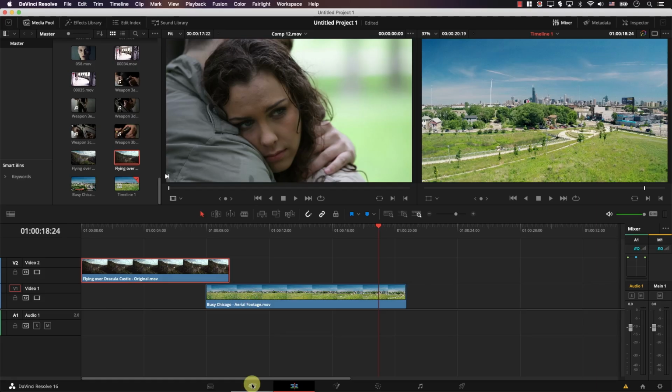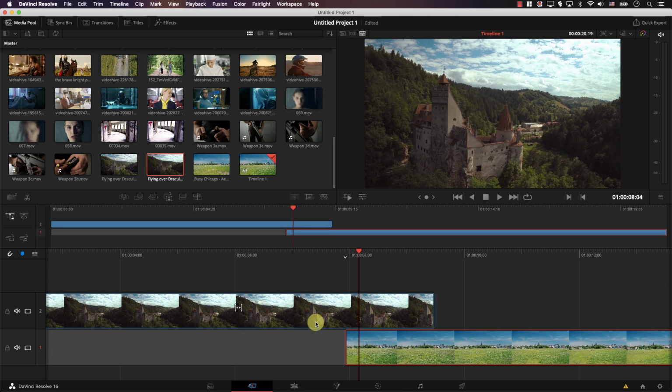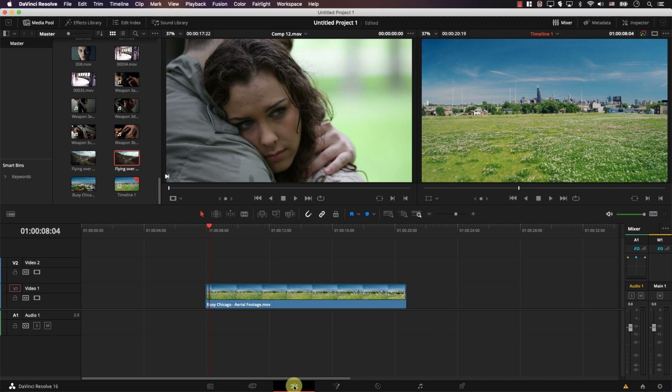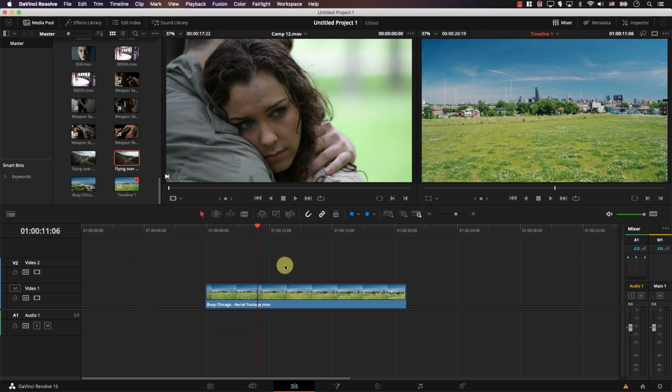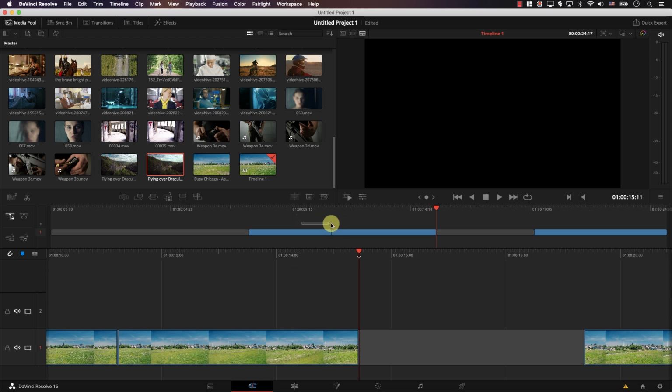So for example, I'll switch to the edit tab and I have these two files that I had now in the cut page. Let's delete one of the files. Notice that the file on top was deleted, and now if I switch back to the edit page, the file was deleted. Let's cut this file now in the edit, so the advanced page, and move this to the right. And now if I move back to the cut page, note that we cut the same file into 3 portions, and now we have these portions separated.